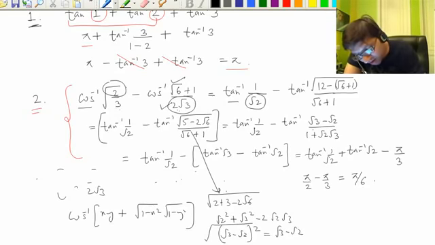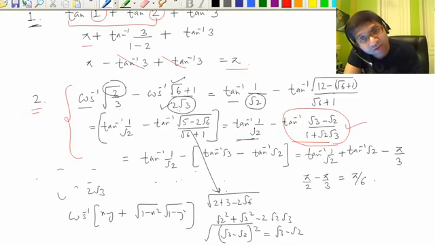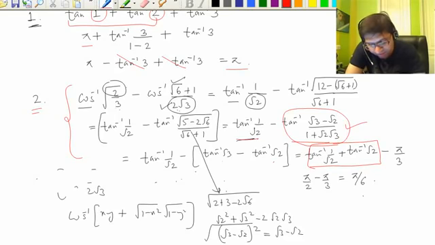After doing that, one option is we can apply the tan inverse A minus tan inverse B formula here, which is tan inverse of A minus B over 1 plus AB. We can also split this into two parts. We split it into two parts, this cancels, and this gives pi by 2. You can apply the formula, or by inspection see that it is pi by 2, so pi by 2 minus pi by 3, right?